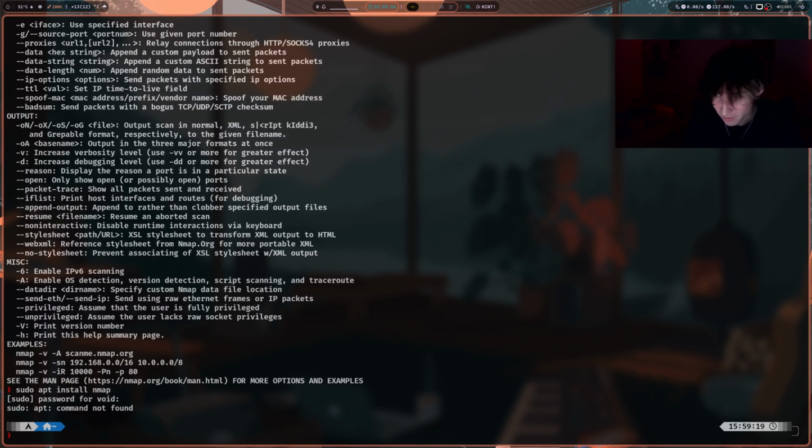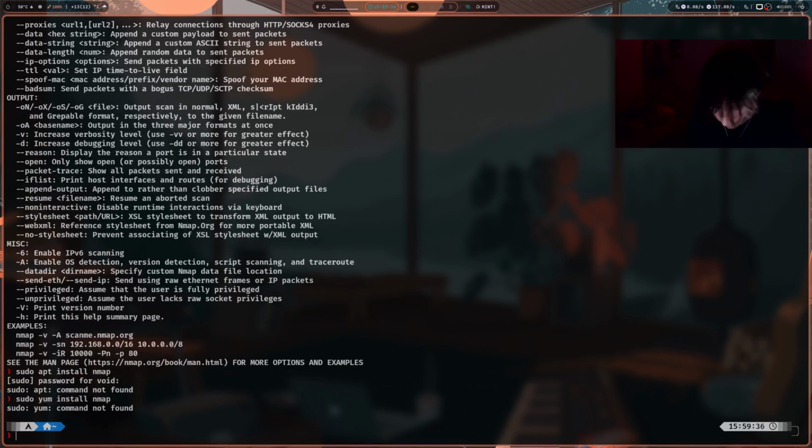I use Arch by the way. For Fedora you want to do sudo yum install nmap, and for Arch you will do sudo pacman